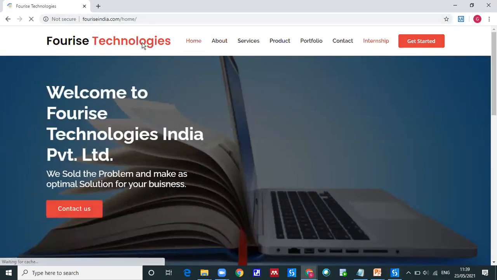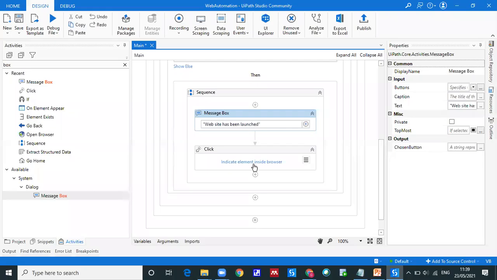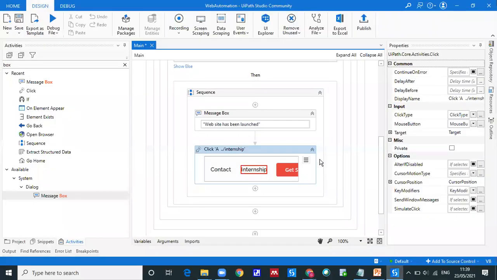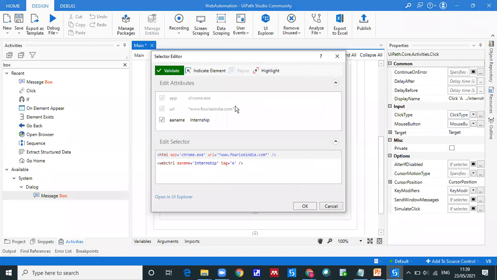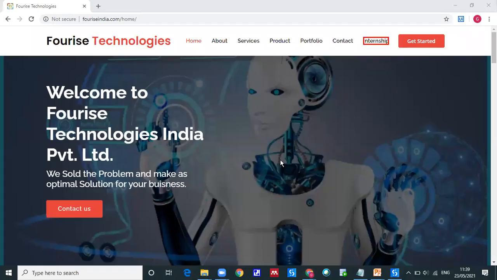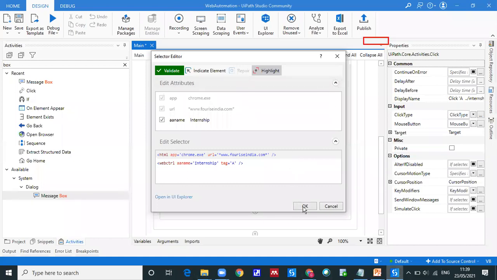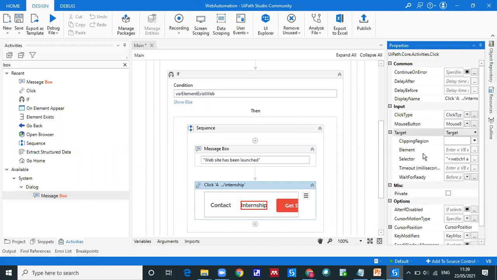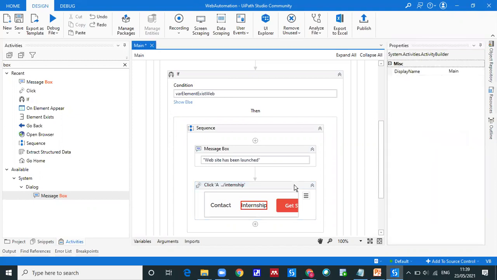So first of all, click on home. I will click the normal window and then I use click browser. Indicate on this. So I'm going to click on internship. Again, use edit selector and see whether it is really indicating on that or not. Yes, it is indicating. So here we have multiple options also. We can use continue on error. Then we also have wait for. So these are the selector elements. Wait for completion, interactive. All these also we can choose as per the requirement. There are so many options available for the individual elements.